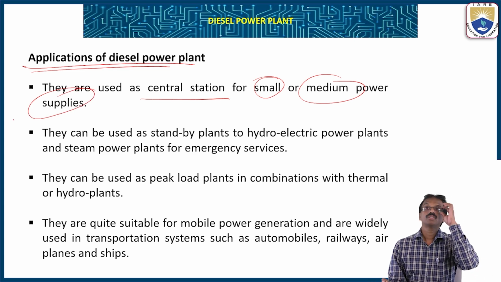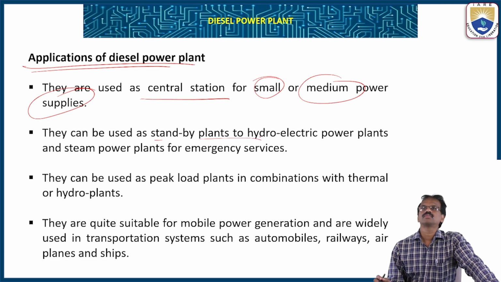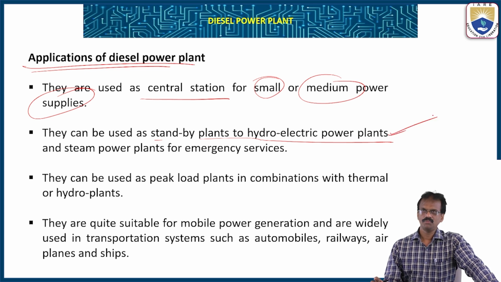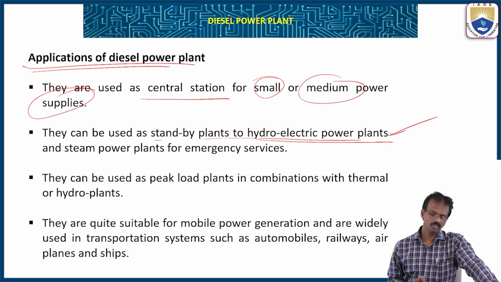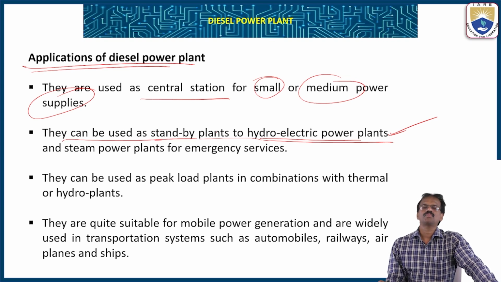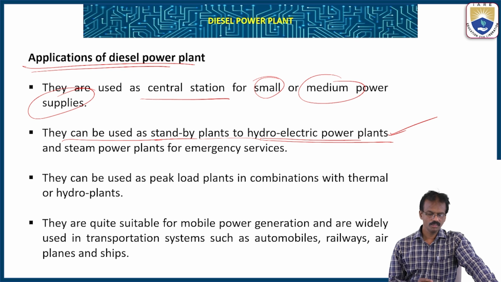Okay. So central station. They can be used as standby plants to the hydroelectric power plants. If the rainfall is lacking, it means the hydroelectric power plants depend on the sufficiency of the water. There is a lack of water. So in those conditions, we'll use this type of diesel power plant as a standby plant for continuity